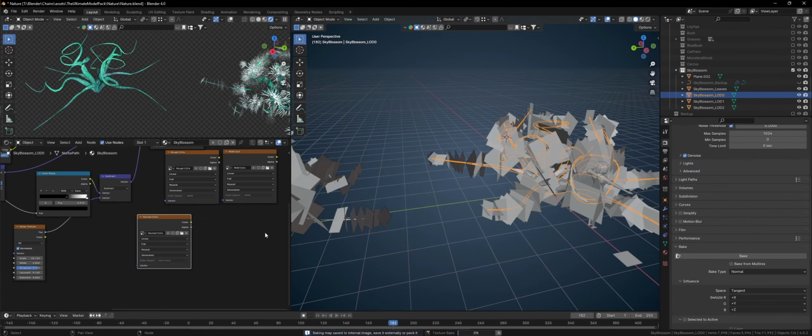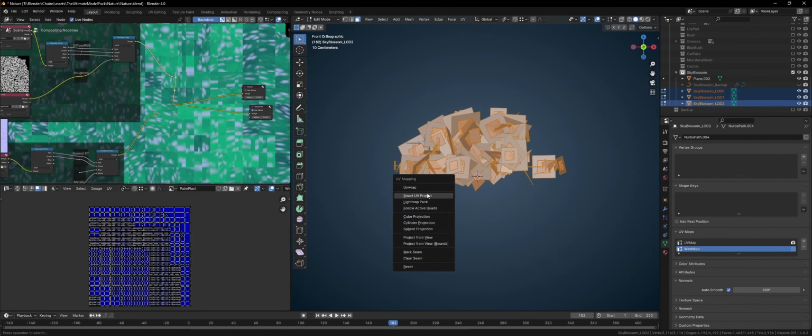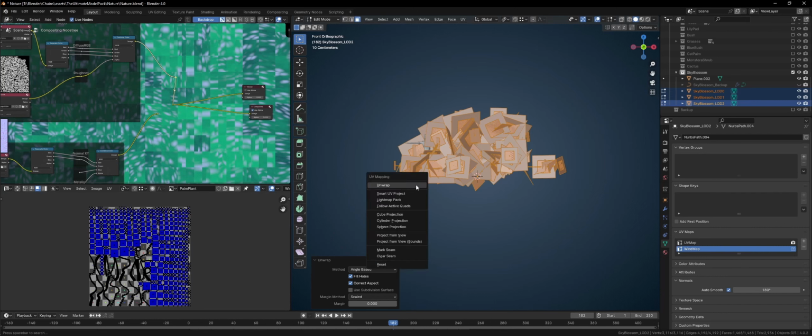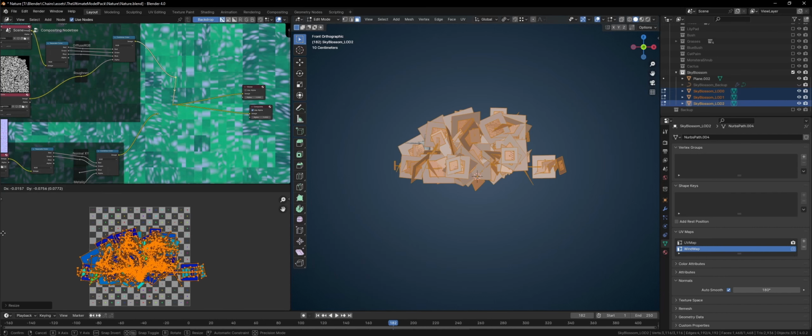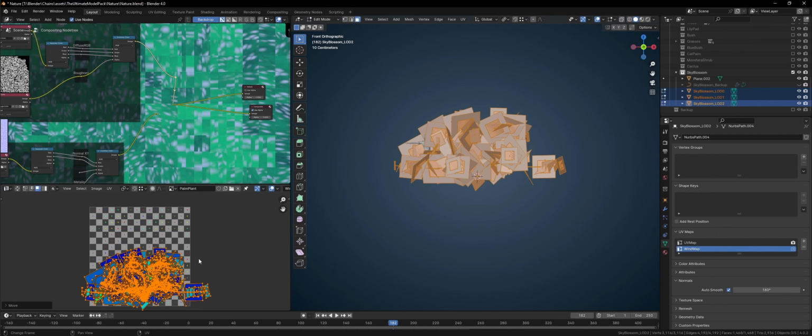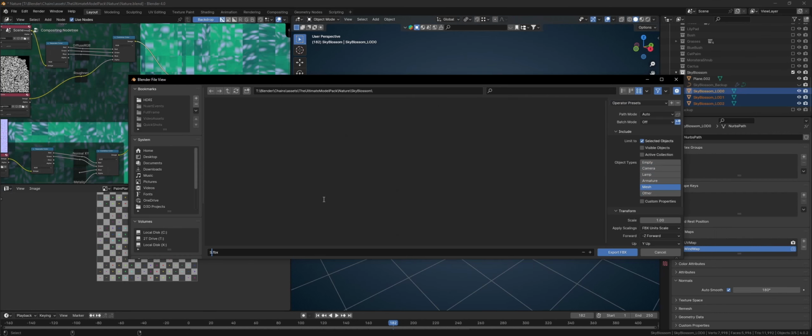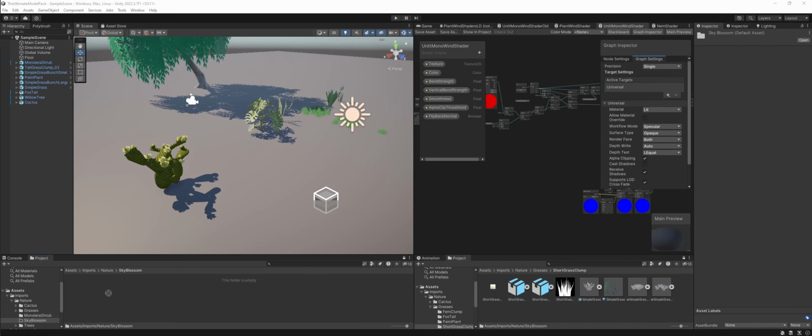and the hair particles would be the most. I then went through my favorite process of packing all the textures, and then unwrapping all of the meshes for the wind shader, projecting from view so I get a bottom to top gradient that was explained in a previous video. And then I went ahead and exported everything as an FBX, imported into Unity,